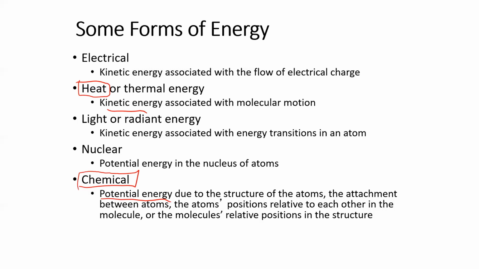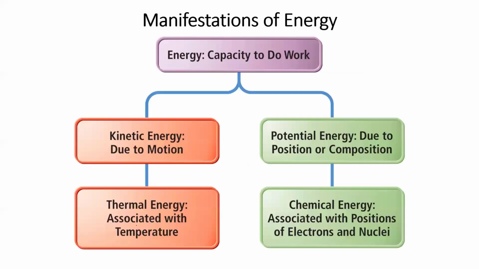And why is that? If you look at atoms, right, based on the position of the electrons, based on the position of the molecules relative to each other, that is potential energy. And there's changes in the potential energy based on how the atoms align with each other. Now, why is that important? Remember, energy has a capacity to do work. Right? There's two types of energy that we've been discussing: kinetic, potential. Kinetic is due to motion.